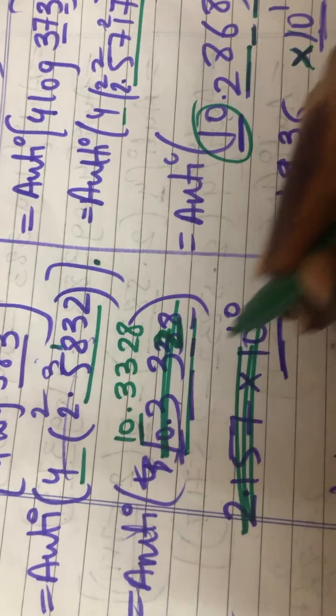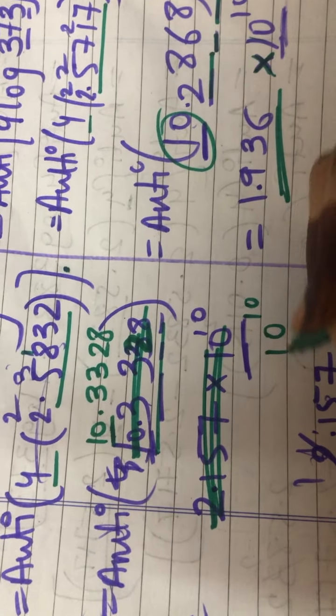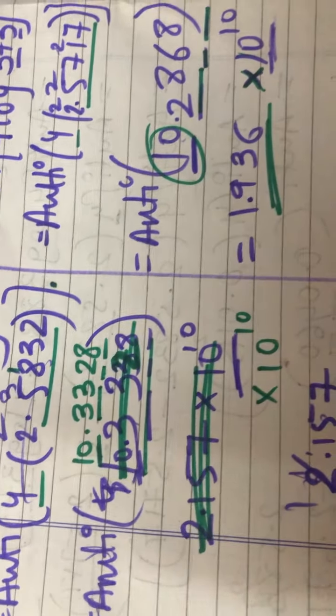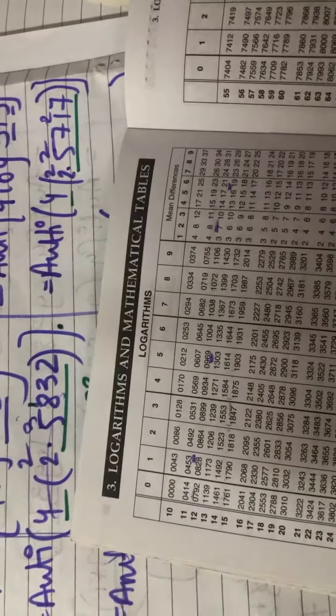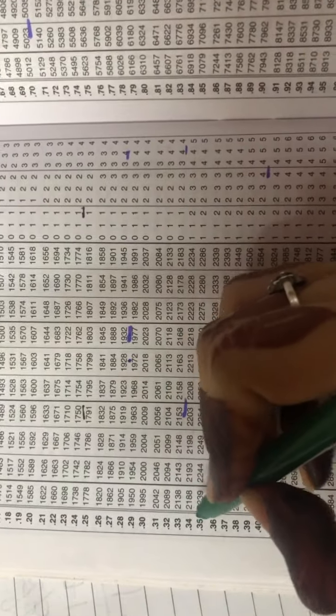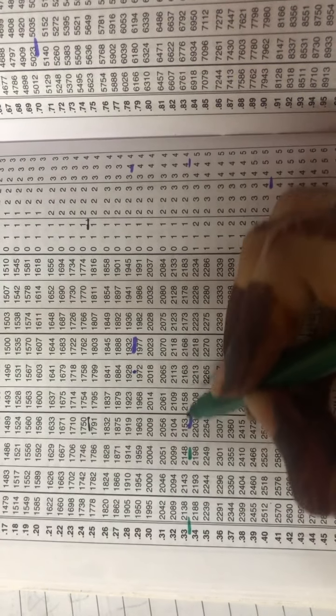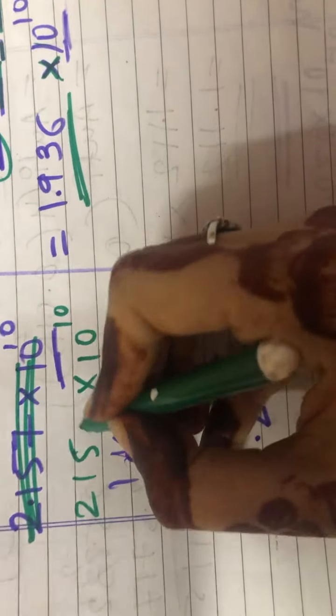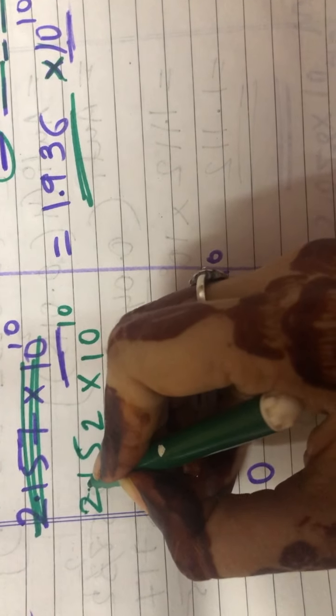Now I will be looking for antilog. Since we have 10 over here, we will have 10 raised to 10 into. Now let's see the antilog for 33, 2, 8. Antilog for 33, 2 and 8, this is 4. So it will be 2148 plus 4, that is 2152, right? It will be 2152, and after one digit I will put the point.